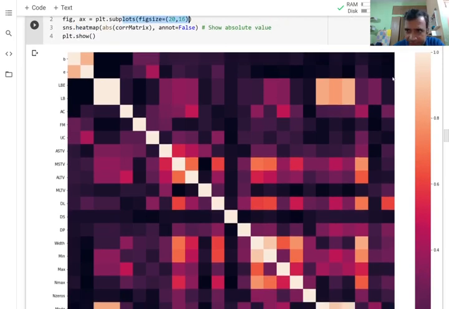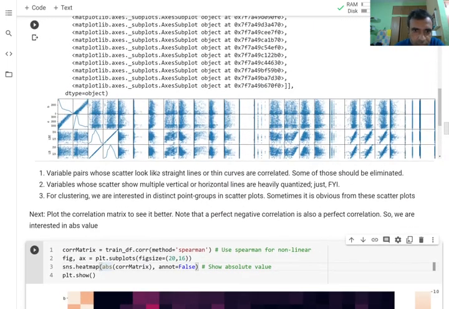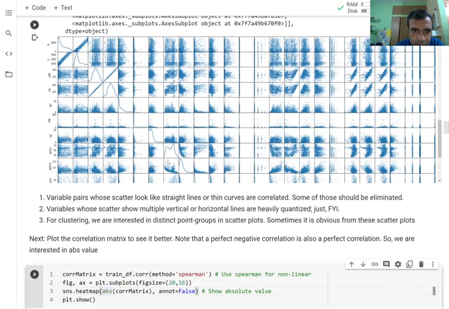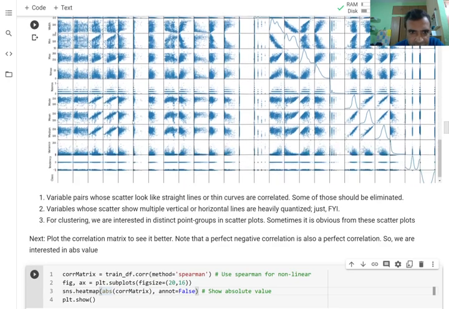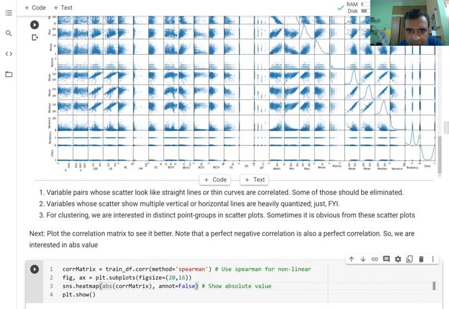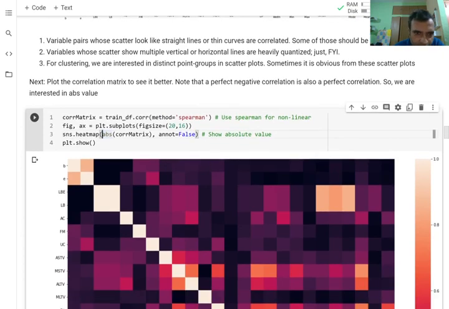Now here white is correlation of one, but notice that correlation can be perfectly negative also. Let me see if I have an example here. So this is a perfectly positive correlation. Negative correlation would have a slope like this. Let's see if you can spot one. Well, I don't see it in this data, so let's skip that. But perfect negative correlation is a strong correlation.